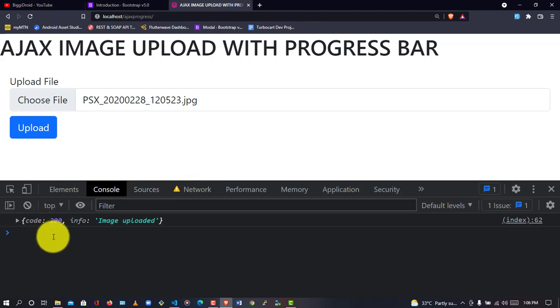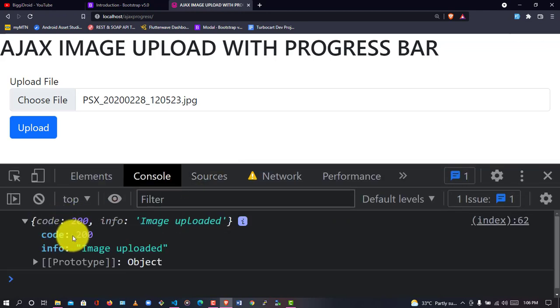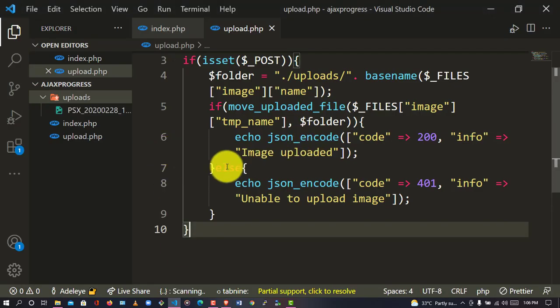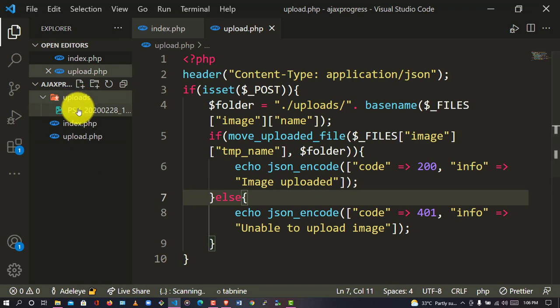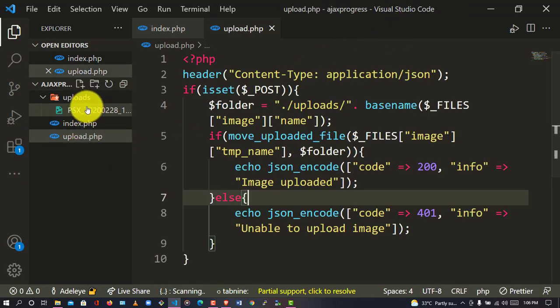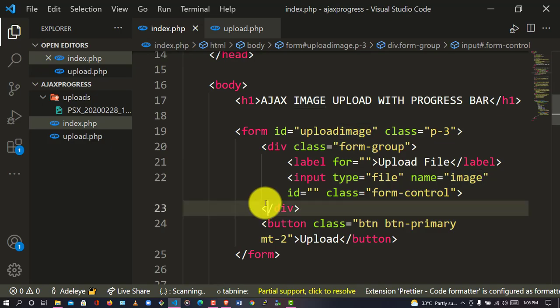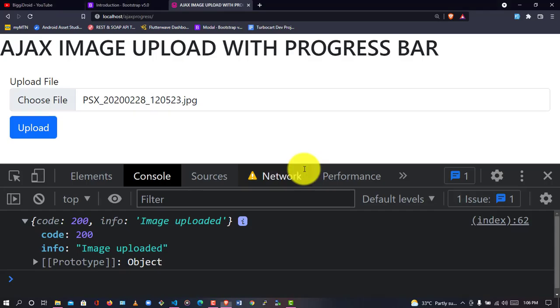Now check the response. It says what? Image uploaded. Code 200. So let's go to our coding area. Check the folder. You're going to see the image there. Can you see? The picture is actually in the folder. So that's amazing. The next thing to do now is to introduce the loading bar, the progress bar, right,